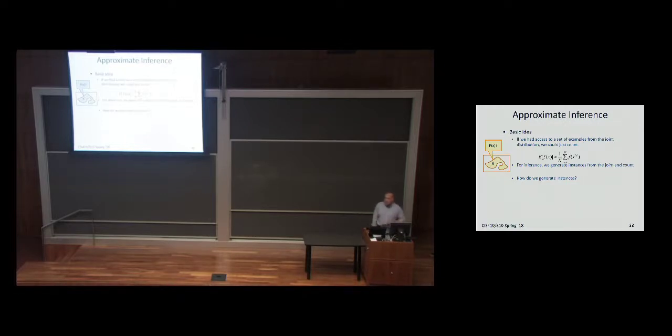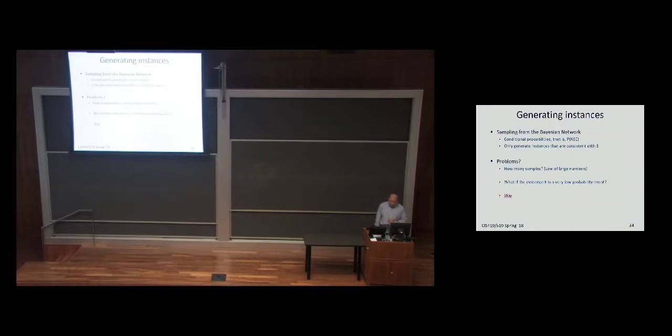Now, the key difficulty, of course, is how do I sample from this probability distribution? And there are many, many ways to do it. Basically, the ideas have to do with some random walks in this rectangle where you count how many times you go into X and how many times you don't. And there are a lot of technical difficulties, so I'm not going to go into this. This is out of the scope of what we want to say. I have a few slides on this for people that are interested, and you can go from this to the literature. I just wanted to give you an idea.